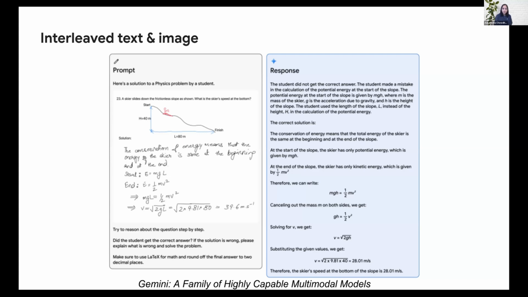Now, this is incredibly promising in the sense that the models can intricately reason over interleaved sequences of text, which is the request that we have made for the model, and the image of the student solution. And if you had multiple such sequences, you can imagine a lot of different applications.